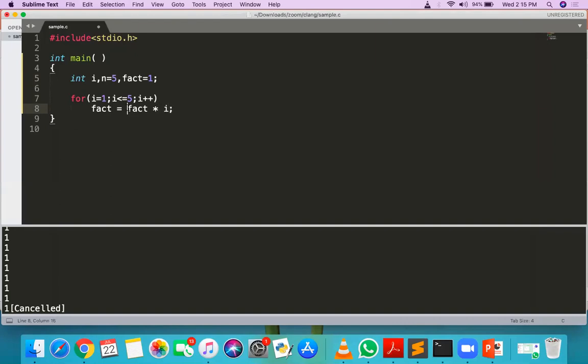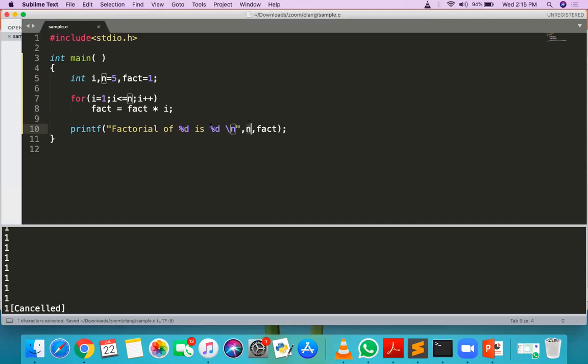So your fact contains the cumulative multiplication result. That result will again be multiplied by the next number up to 5, and this 5 is n. And then after the for loop I can print here: printf("factorial of %d is %d", n, fact).